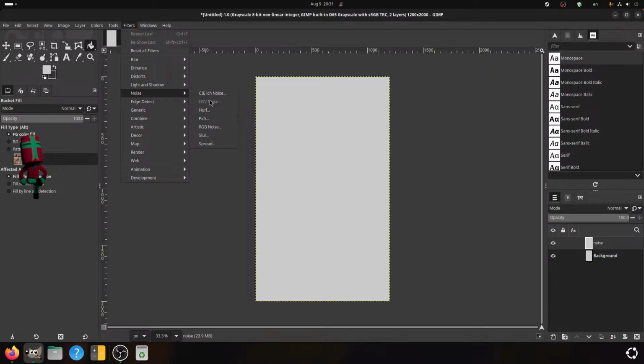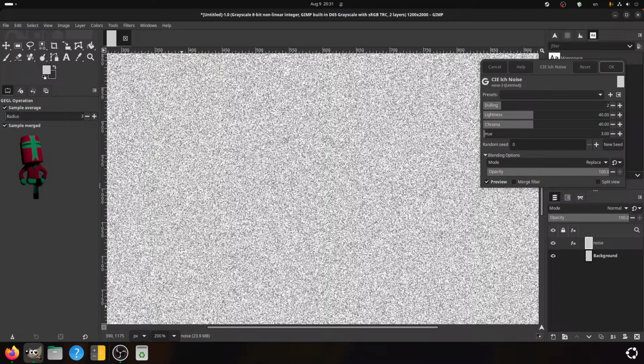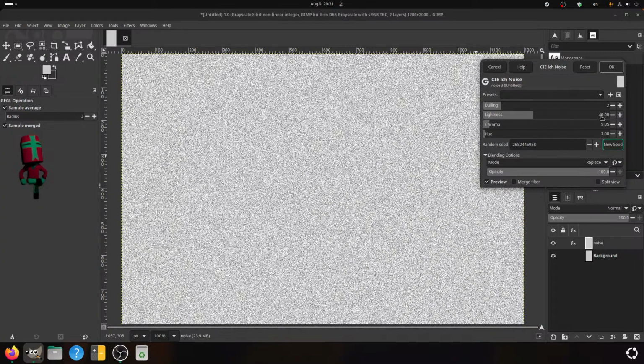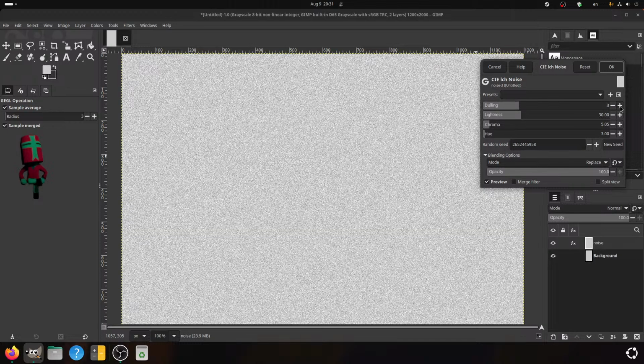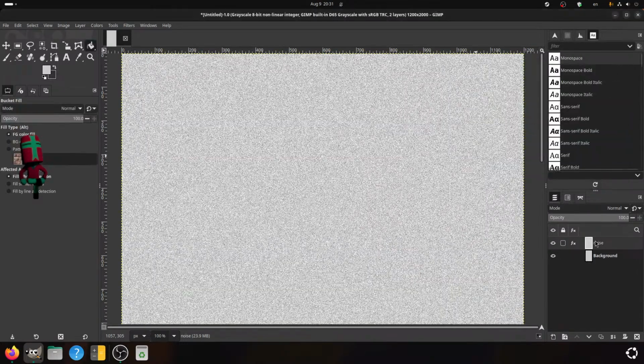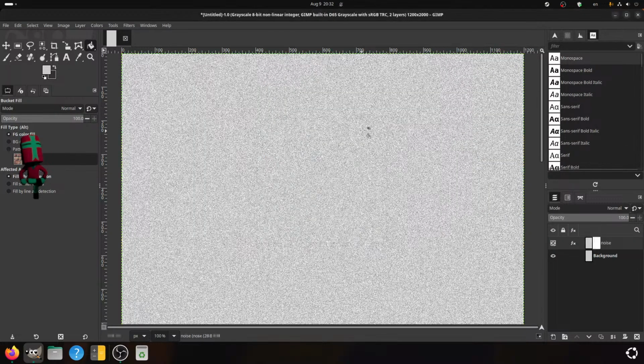Noise. I guess I can do HSV. Don't care about you. Random seed, like 30. And dull it. Actually, no. And add layer mask white full opacity.